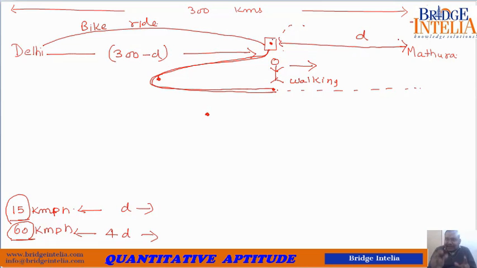So there is a biker, a first friend, and a second friend. The first friend has been dropped here. Now the first friend is walking towards Mathura. The biker has turned back to pick his second friend. This is the extra distance the biker has to cover as compared to his first friend. So the total distance that the biker will cover is 4D. The total distance that the first friend will cover on foot is D. So if this is D, this is also D.